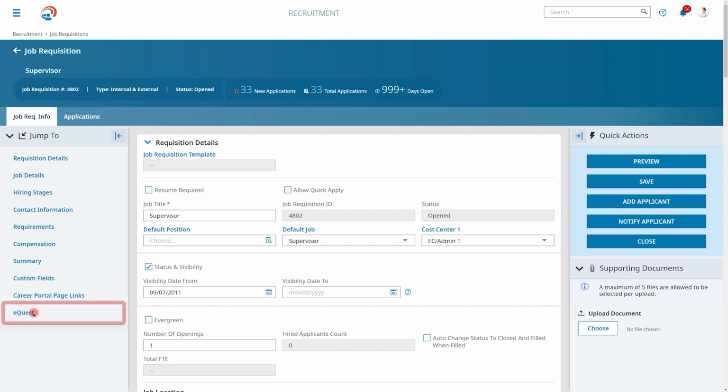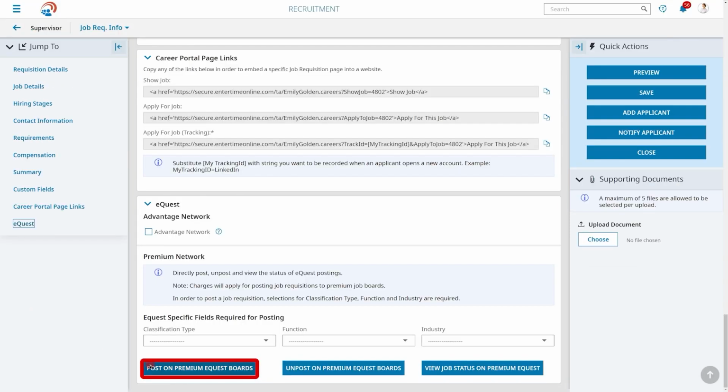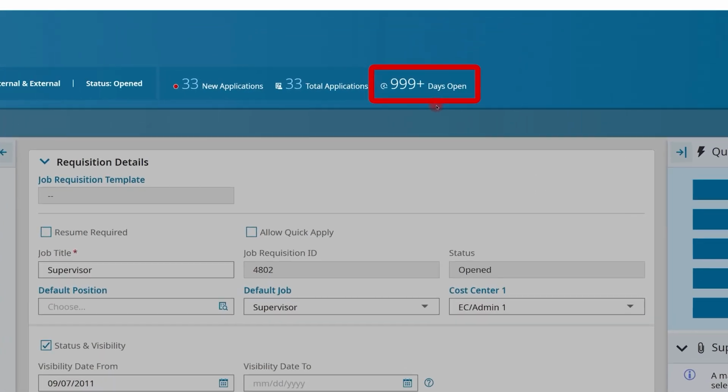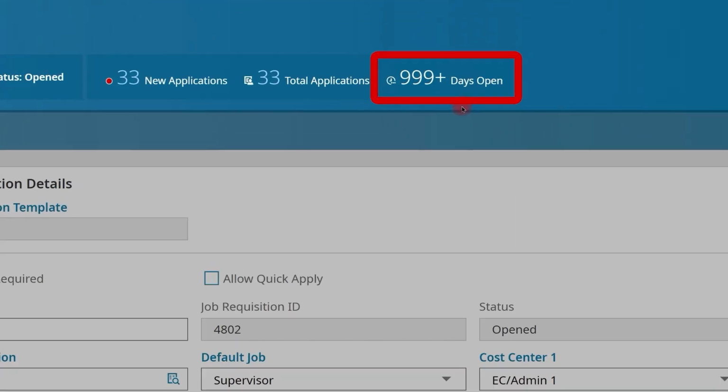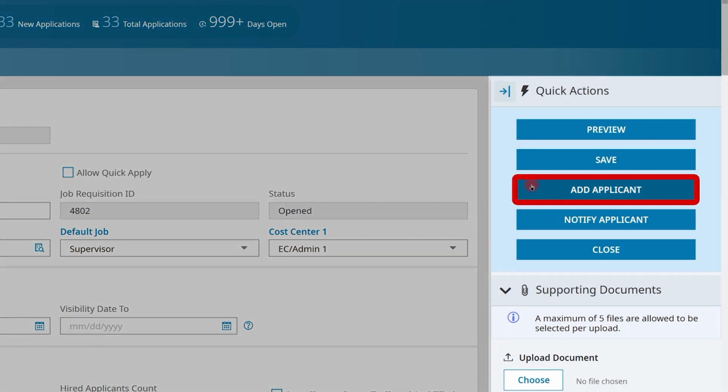Then at the bottom of this screen, you can automatically post these open jobs directly to your respective job boards with just a click of a button. Now here at the top of the screen, I can see how long this job has been open and how many candidates have applied to this position. I can also add new candidates from here,